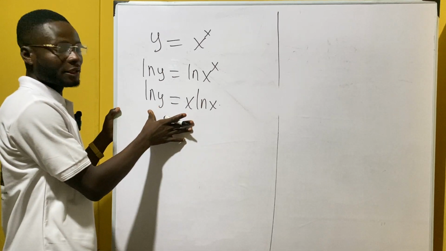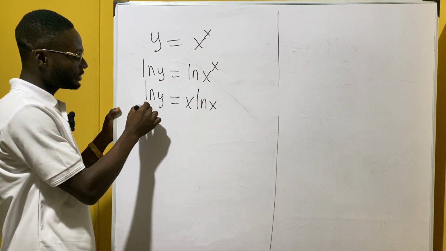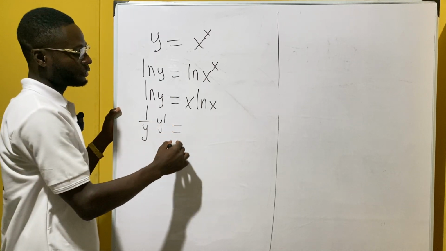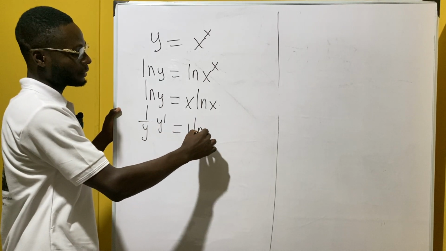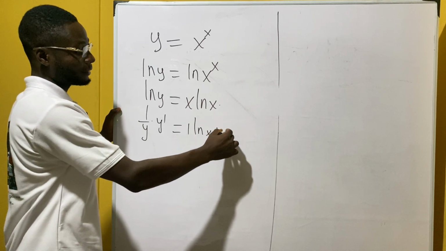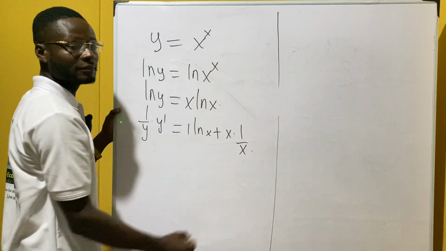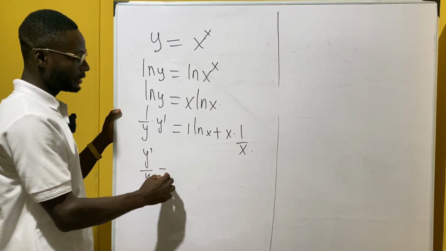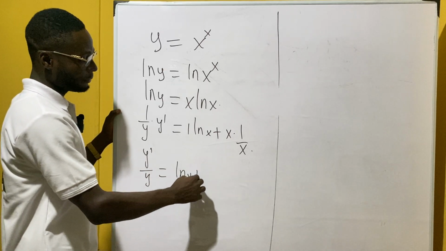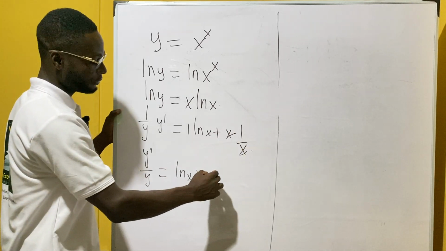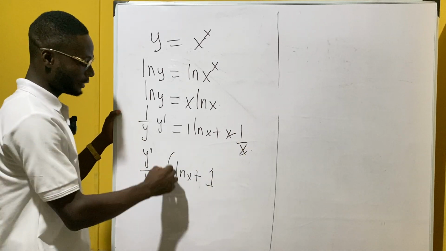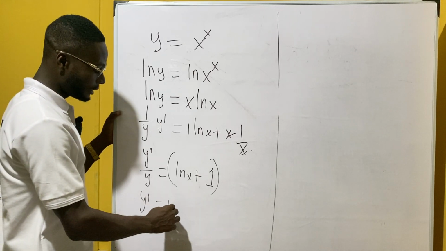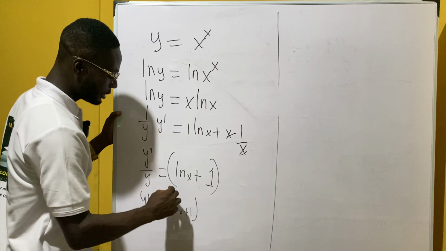So this we cannot differentiate directly. So when you differentiate this, you're going to get y prime over y is equal to 1 times ln x plus x times 1 over x, right? And then we have y prime over y is equal to ln x plus, this cancels this, and we have 1 right here, right? So we can say that the first derivative of this is ln x plus 1 multiplied